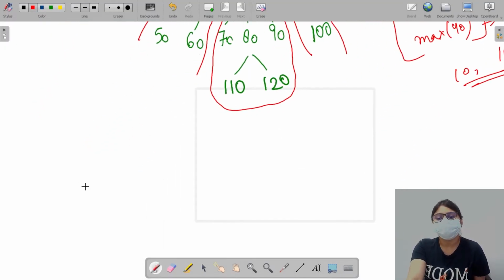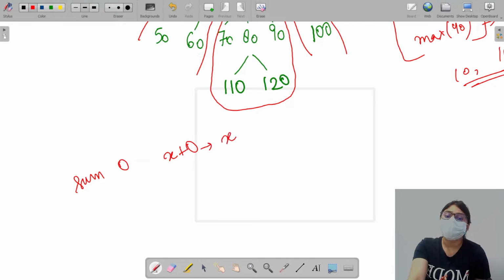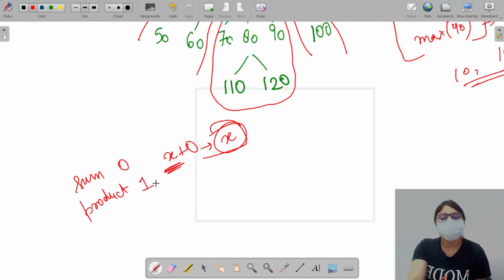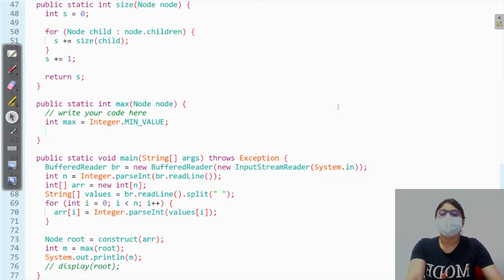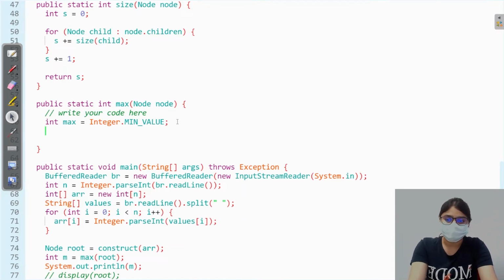For example, for our sum function, 0 is the identity, because if we add 0 in any value, it won't affect the value. It will just return our data as it is. Similarly, for our product, 1 is our identity, because if we multiply 1 with any data, it will return our data itself. So for our maximum function, minus infinity, that is integer dot min value, is our identity.